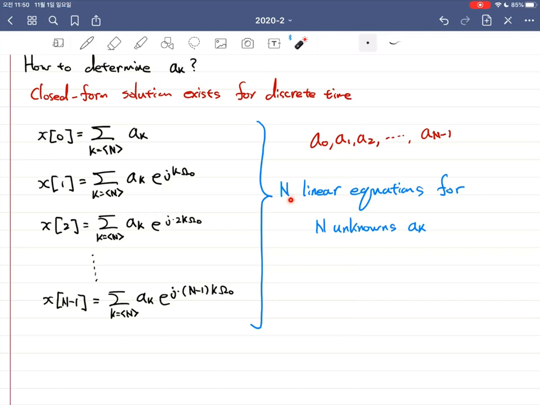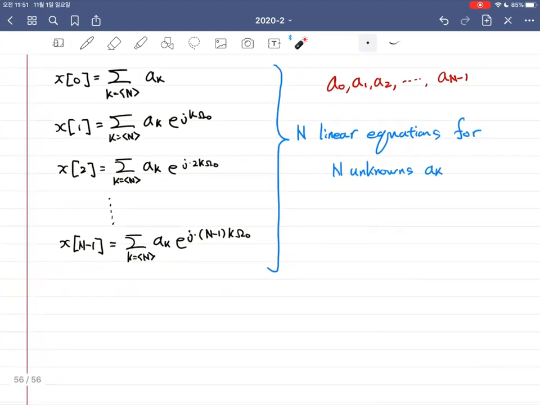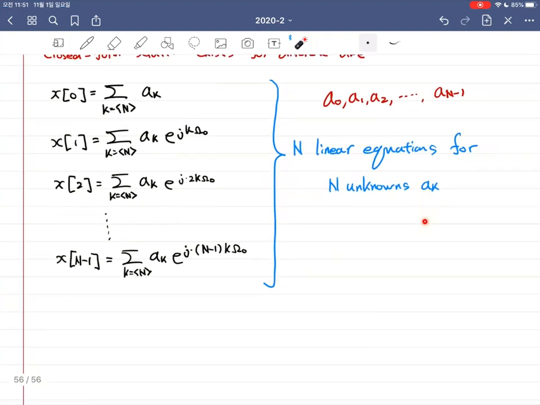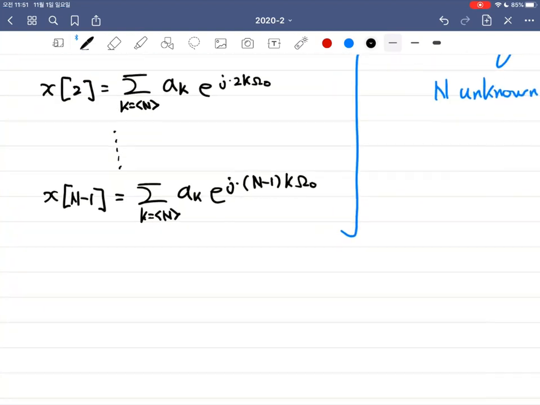So with n equations for n unknowns, it's a perfect balance, and you can solve it to obtain these unknowns. If you solve it, I'm not going to go through the detailed procedure. However, if you do the math, if you do the linear algebra to solve this equation, then you will end up getting